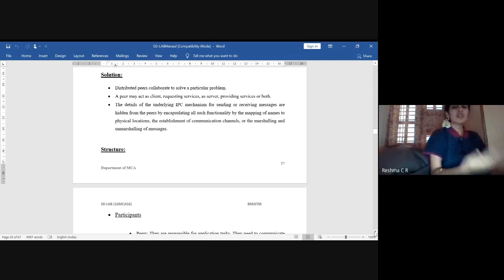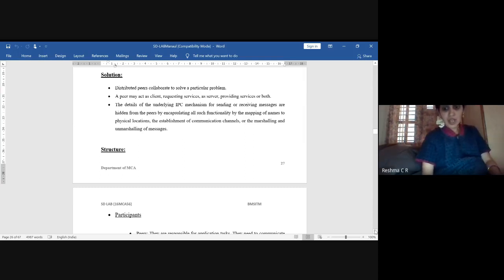All these services will be encapsulated for security purposes. Once the services are encapsulated, without identifying the physical location, our communication channels will be established. For that, we are using the concept of marshalling and unmarshalling of the messages.